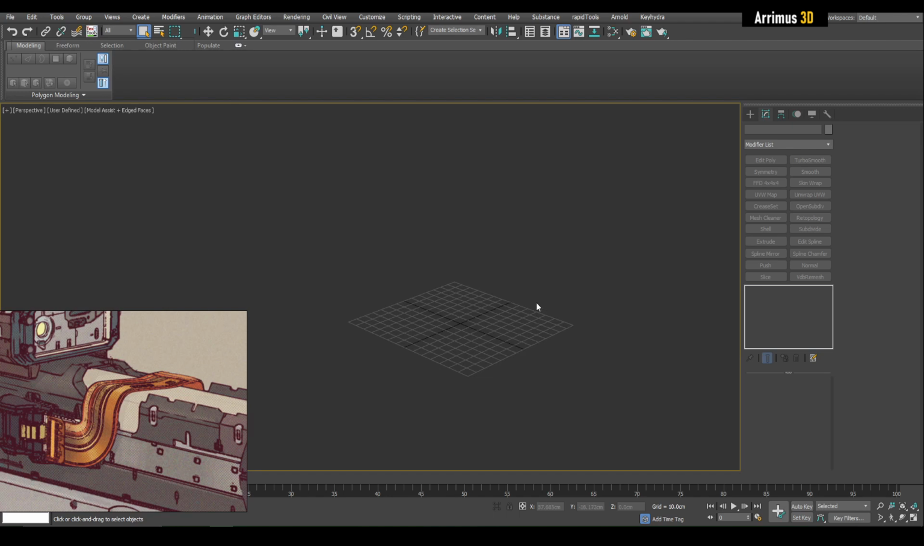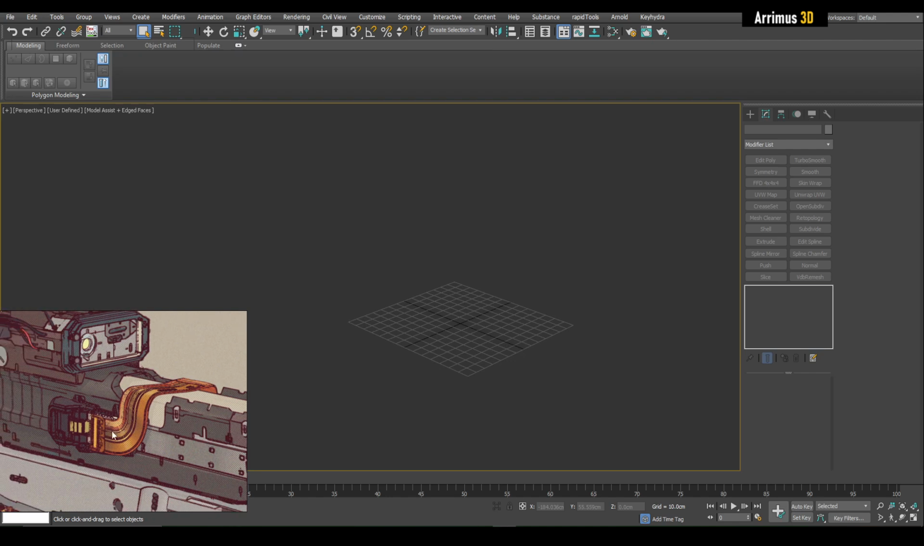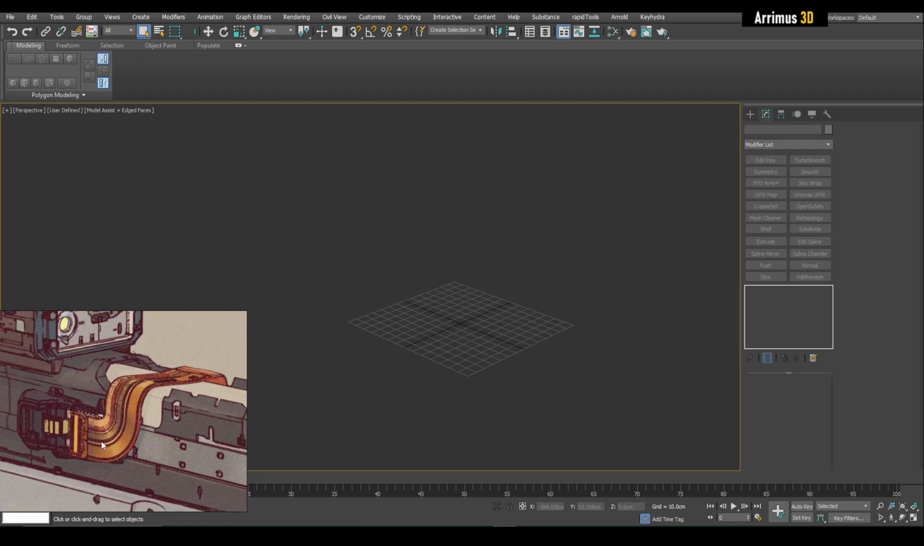Hello, in this video I'll show you how you can make these kinds of data wires that you see in cyberpunk weapons, these kinds of fiber optic or whatever cables running through the weapons and mechs and all sorts